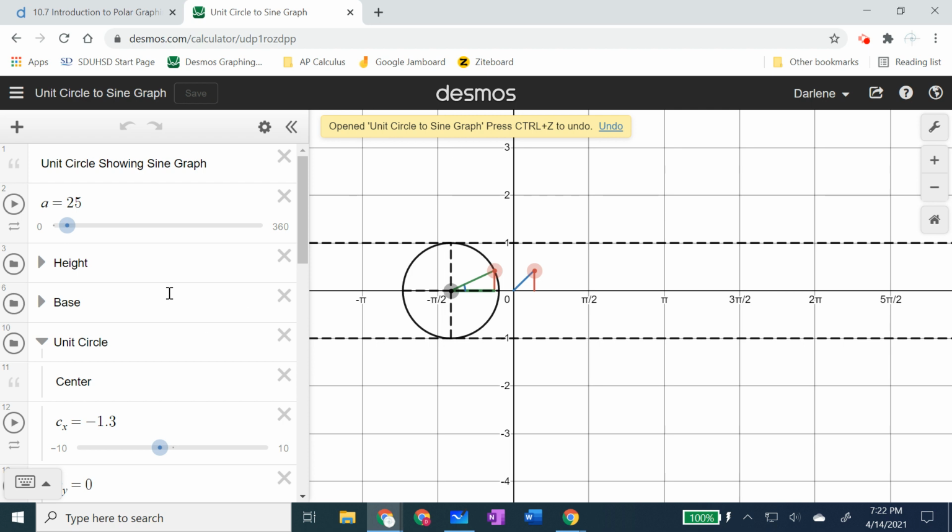So what this allows you to see is it's basically explaining an angle going from 0 all the way around to 360 and showing you how sine is created. Sine is a lot easier to understand in its creation from the unit circle. So this is a unit circle,